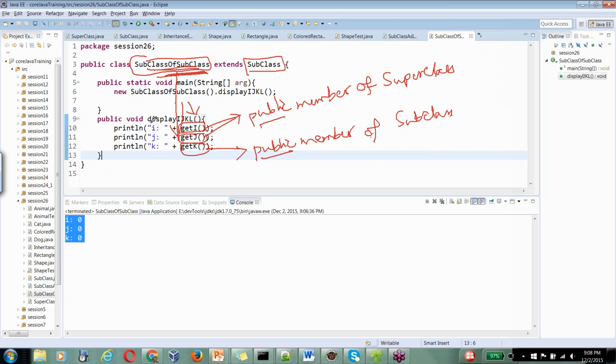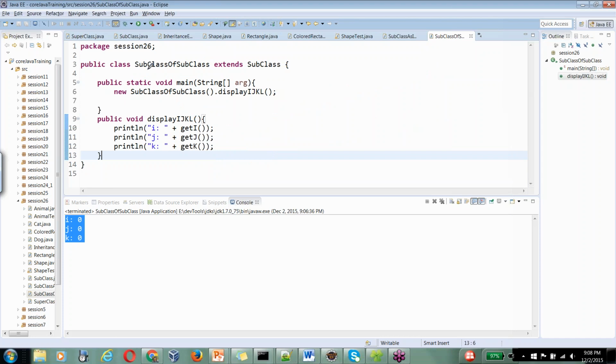It is as if you have defined these methods, get I, J, K, inside this particular class itself. You are not able to see them, but through your subclass and superclass they are available. That is why we are able to access those methods inside the subclass of subclass without creating any object of the superclass or subclass. But we cannot access